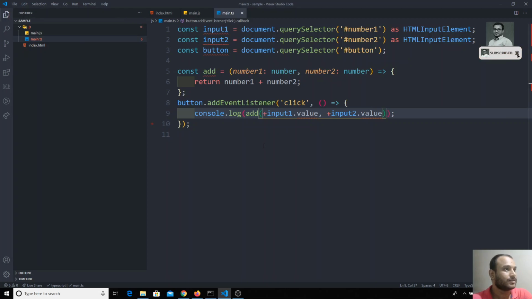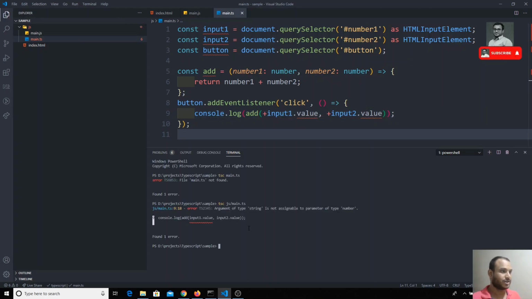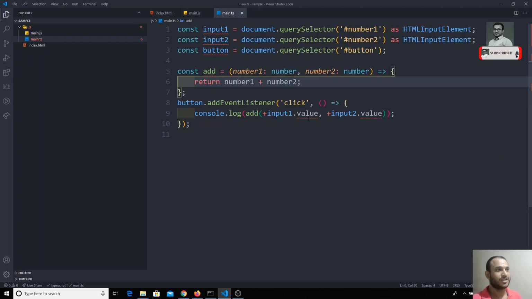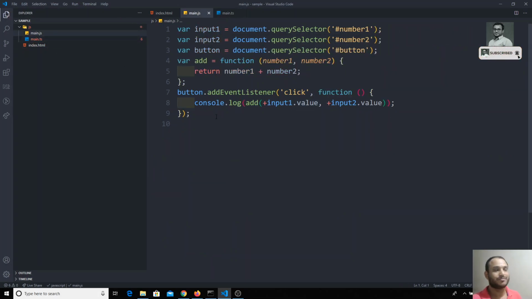So now I will try to execute the code here. Now it compiled successfully. Why these errors were coming is because in main.js the same thing has been initialized, so that is the reason both are getting conflicts. Not a problem.